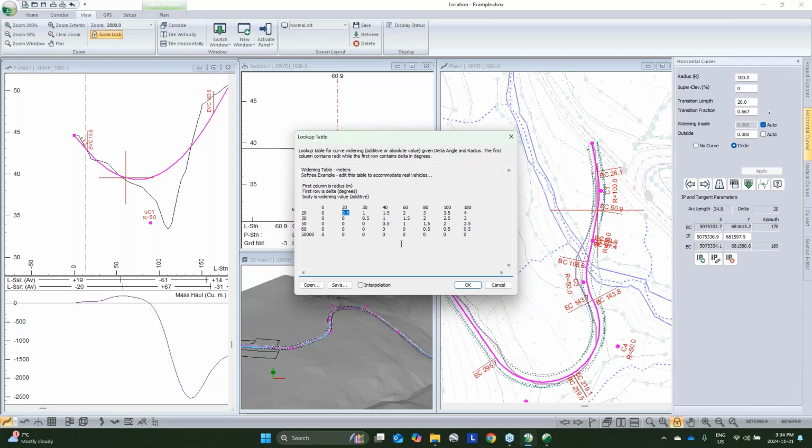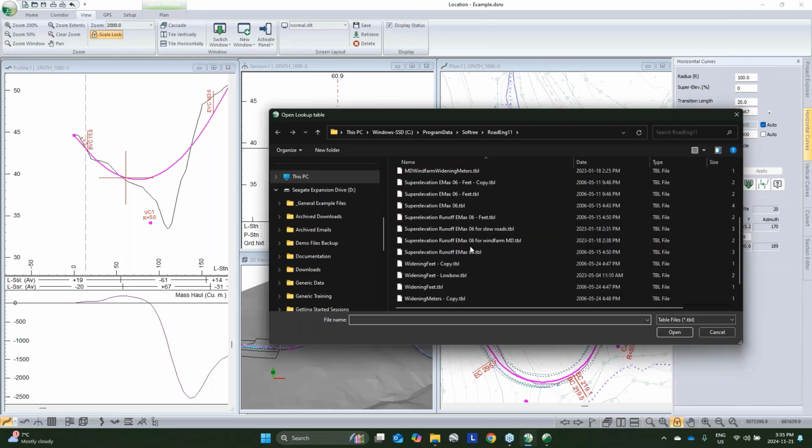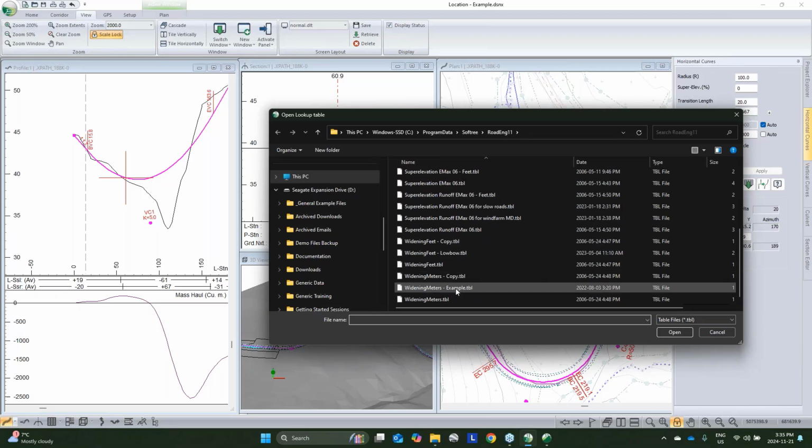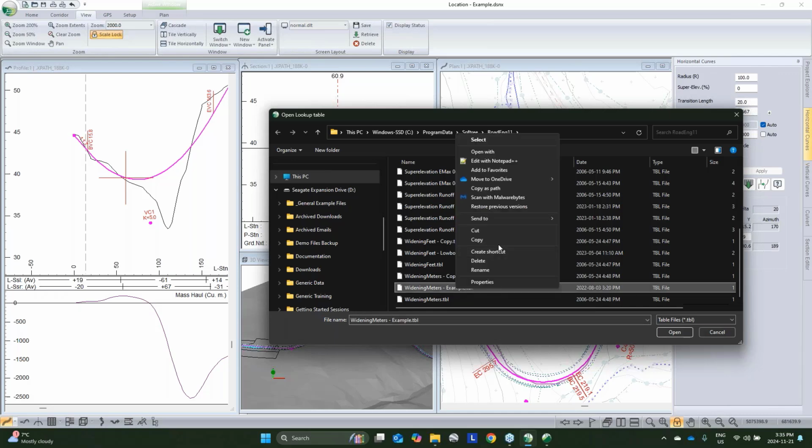So if we have a change angle of 20 degrees on a 20-meter curve, it's going to add a half a meter widening. If we want to change what is being used here, we can click open and we can use whatever we'd like. Now I've got a bunch of tables in here. These are easy to customize. So I'm going to just open this with the